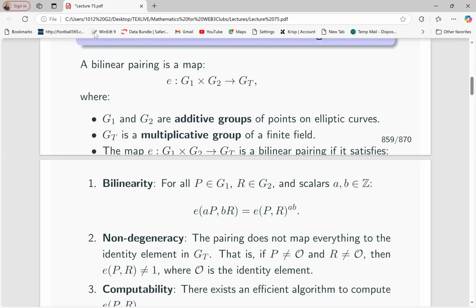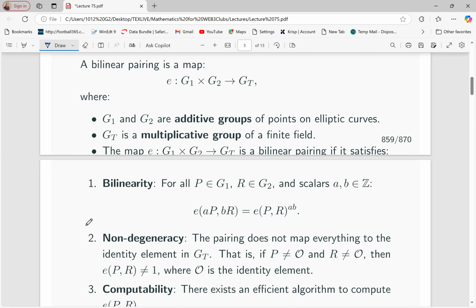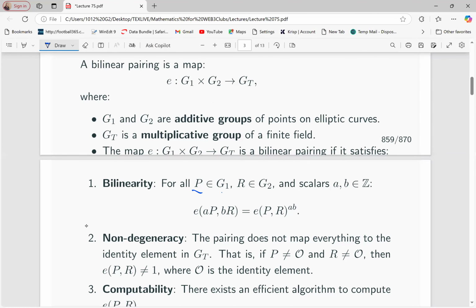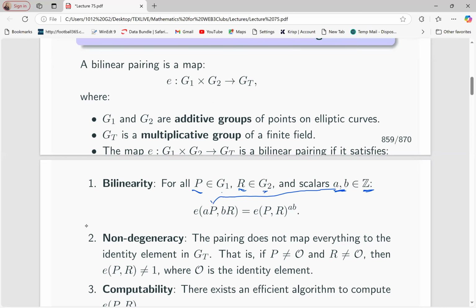And what do we mean by this bilinearity? You pick a point from group 1 and a point from group 2, and then pick scalars. These are just numbers, could be 1, 2, 3, 4, from the integers. Now, if you take this first integer and multiply the point from the first group, and this other integer multiply this from this other group,